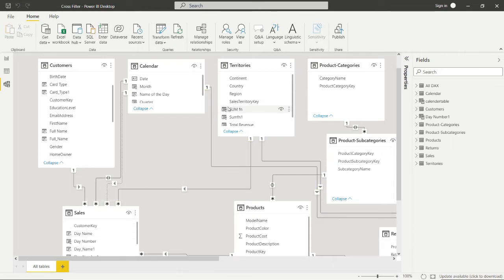But now we have to get the number of customers in the territory, and we are trying to get the detail from customers. So we are going from territory through sales, and from sales we have to go to customer, but we can't go because this is one way, coming from the customer to sales. You can see this in its properties. So what is the way? We'll try to go from sales to customer, so we'll change its direction.